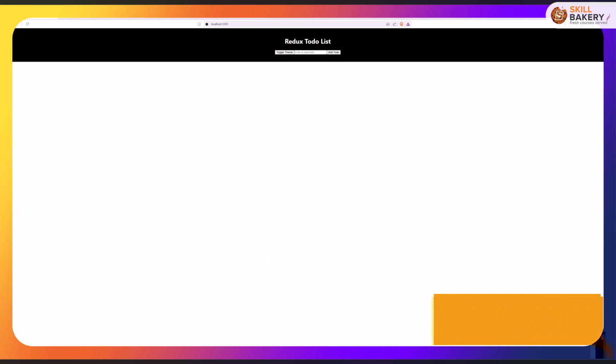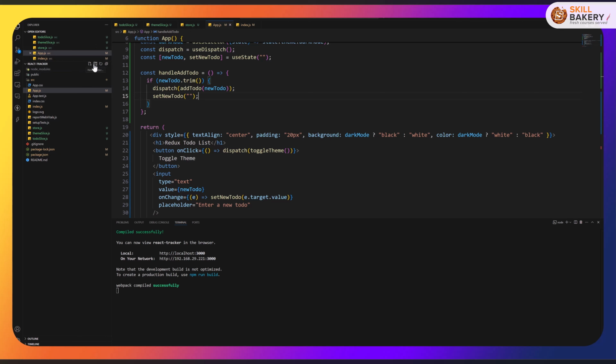Now in this one, we'll be looking at how we can filter to-do items in our to-do list application. So we'll be expanding our Redux to-do list by adding filtering functionality to show all to-dos, completed to-dos, and incomplete to-dos. So the first thing we'll do is create a filter state to control what to-dos are displayed. Let's go back to our code, and inside the src directory, we'll be creating a